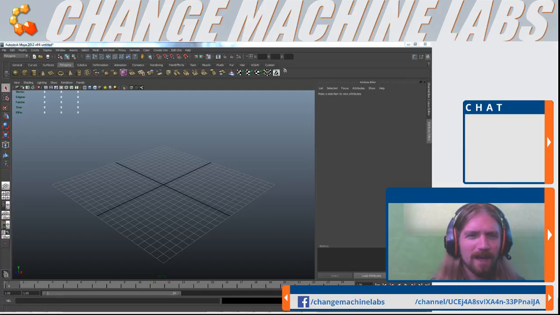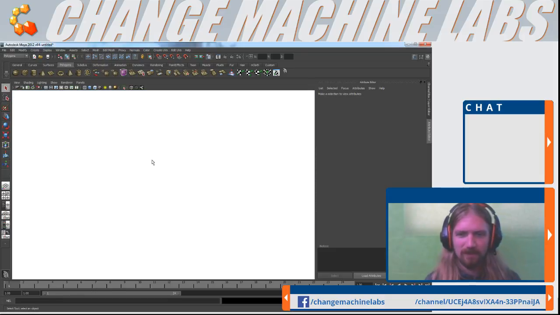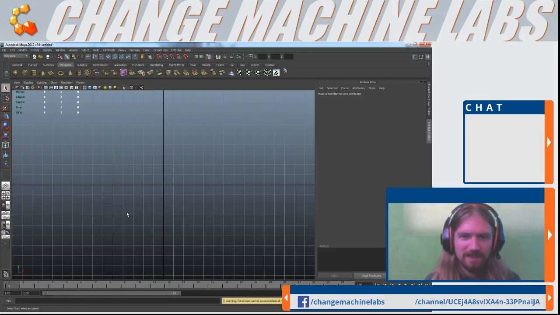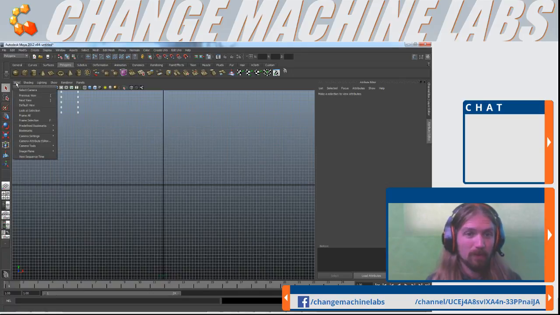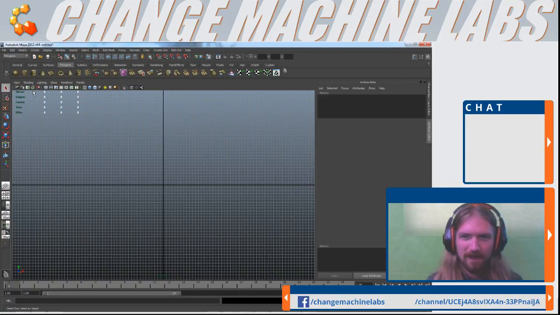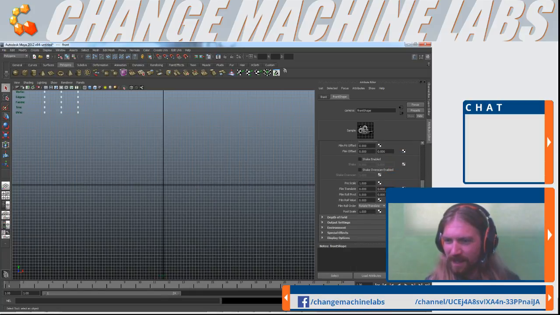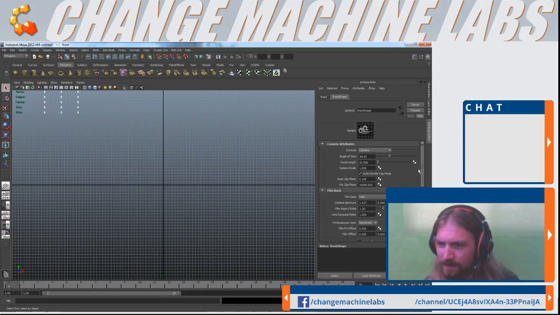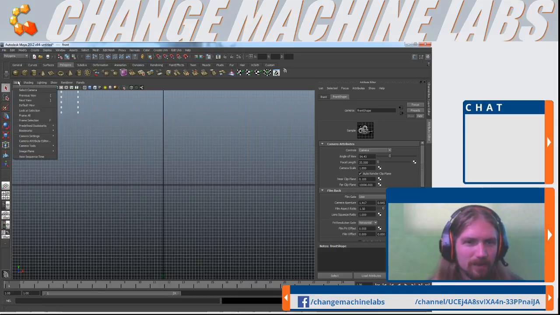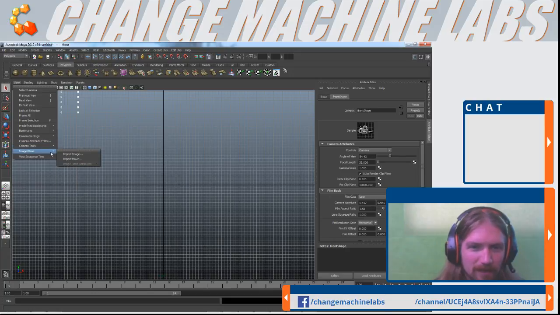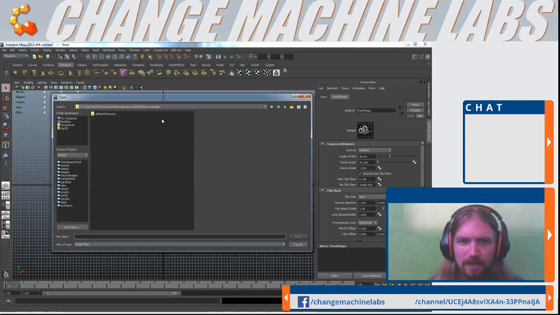Feel free. First thing I'm going to do though, let's go to a front view here. Let's set up an image plane. We know what we want to sculpt, but it's going to be a little easier to actually see it. So I'm just going to select the camera. Let's see in here. There is image plane, view. Image plane, import image. And from here,